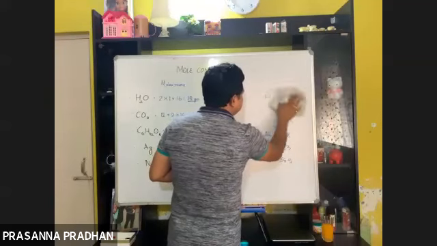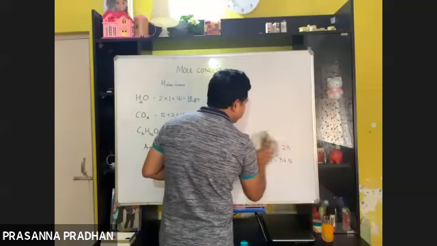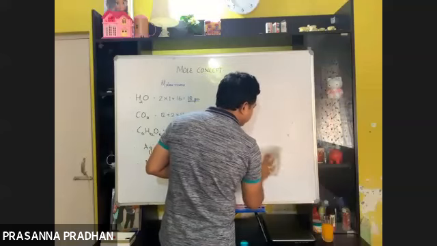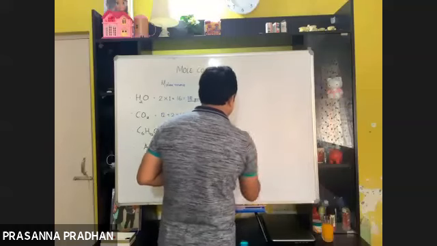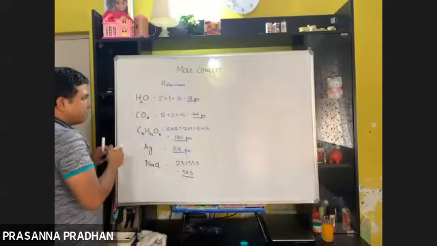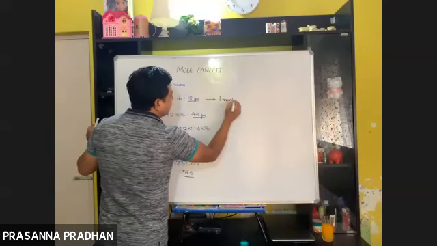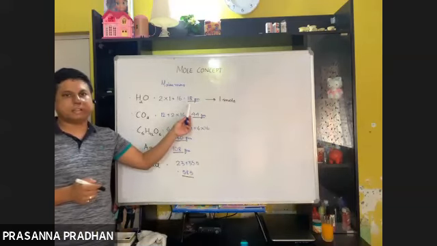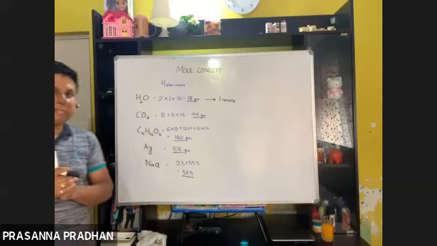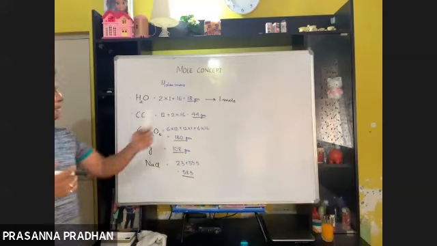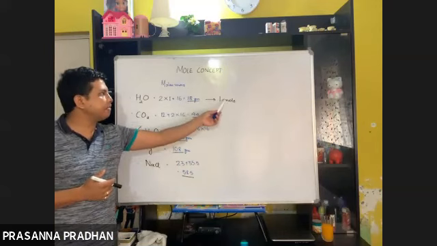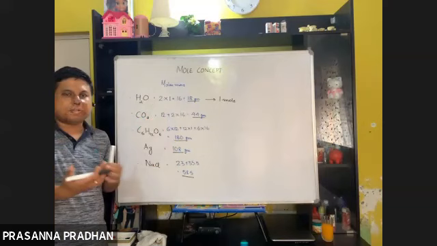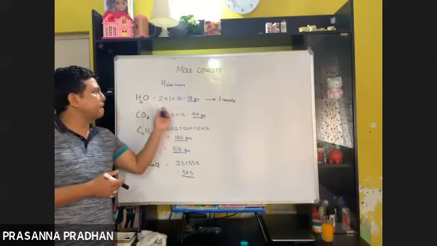Okay, so what is the concept of mole in terms of mass? How do you express this quantity mole in terms of mass? So 1 mole is equivalent to its molecular mass. So 1 mole of water means it is equal to the molar mass, 18 gram. Yes, what do you understand? 1 mole of water means we are talking about 18 gram of water.